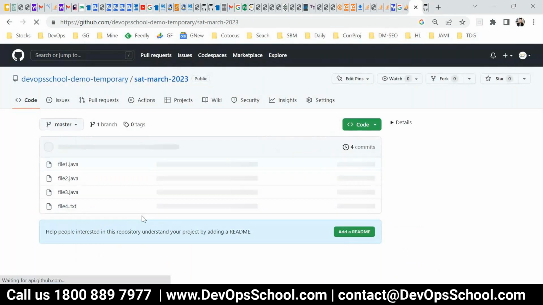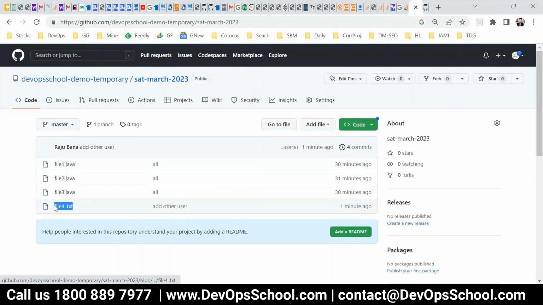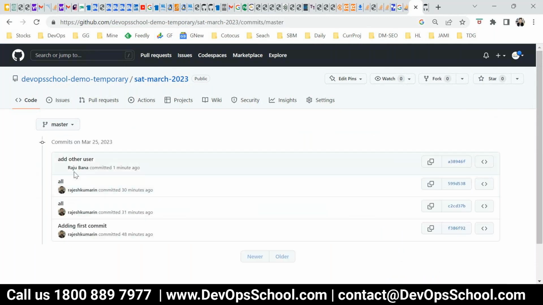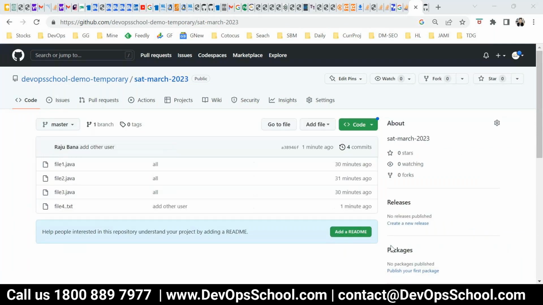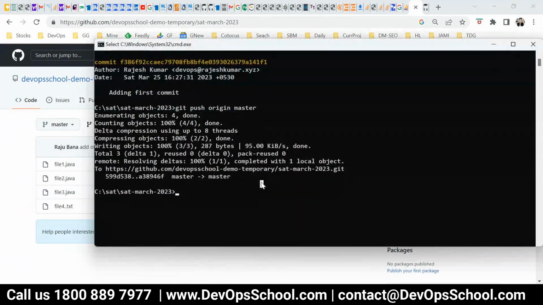See here, file 4.txt, 1 minute ago, 4 commits, complete details you can see here. And look at the commit message, the files, you click, all this you can check out. So now what the other user did: he cloned it, modified the code, added it, committed it, pushed it to the remote, which is GitHub.